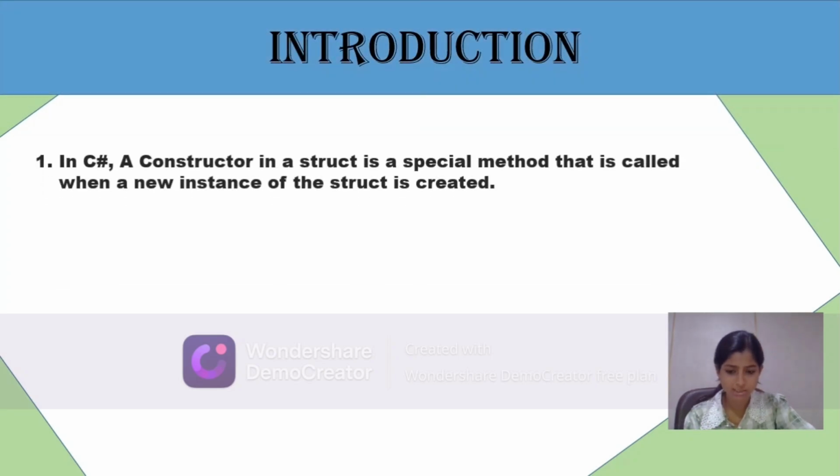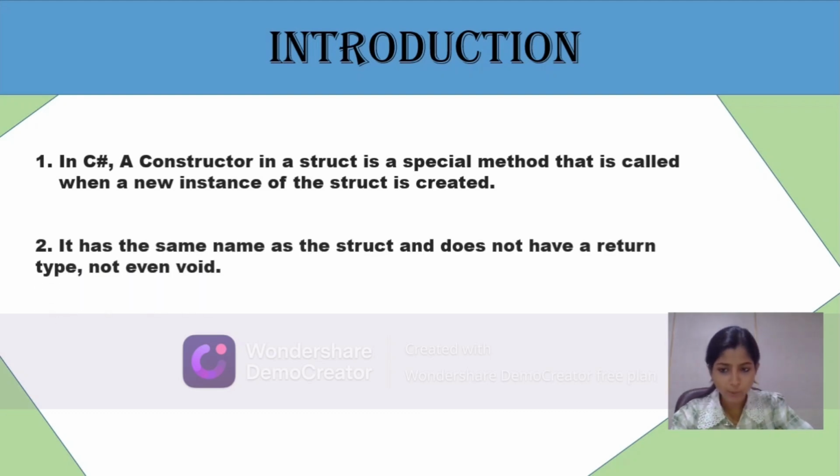The first point says, in C#, a constructor in a structure is a special method that is called when a new instance of the struct is created. It means it is a method that runs automatically when a new instance is created and sets initial values for its fields. The second point is it has the same name as the struct and does not have a return type,